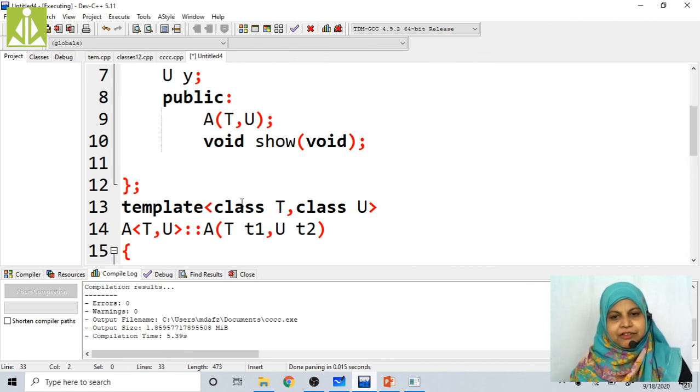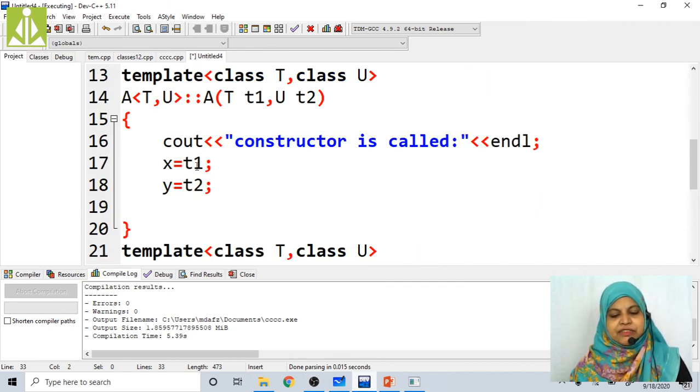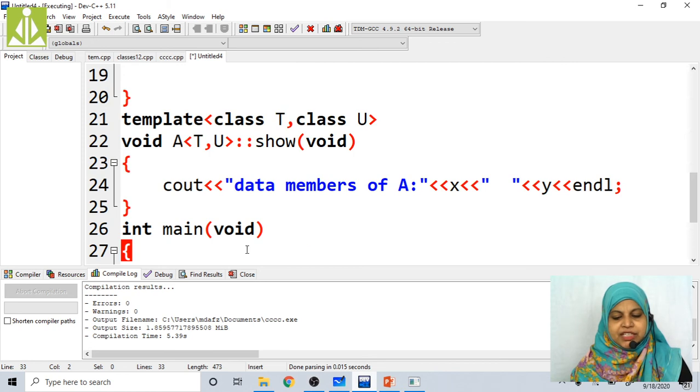After that we write the code for the parameterized constructor and for the show method. In the parameterized constructor, we assign the values: the t1 value is assigned to x, the t2 value is assigned to y. Then in the show method, we display the values of the data members of A, x comma y, right? Now I am going to save this program.